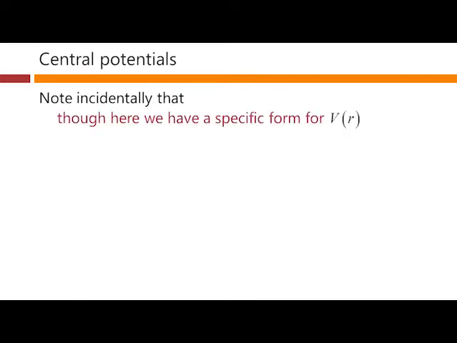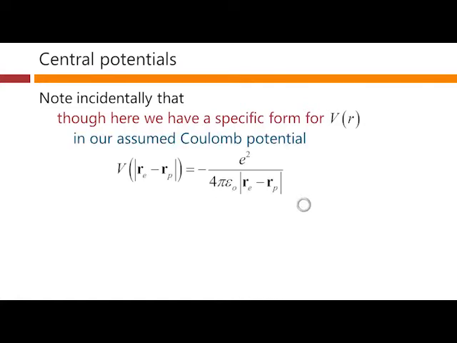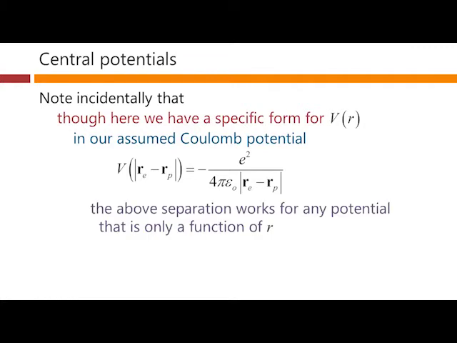Note incidentally that in this equation we've got a specific form for V of r. It's our Coulomb attraction between a simple electron and a simple proton. And that gives us our assumed Coulomb potential like this. This separation is going to work for any potential that is only a function of little scalar r here. There's nothing in the arguments we put together so far for this separation that required any particular functional form here for V of r. What was important was that the potential only depended on the scalar distance between the electron and the proton. A potential like this is sometimes known as a central potential,